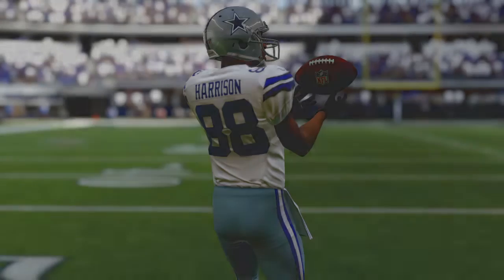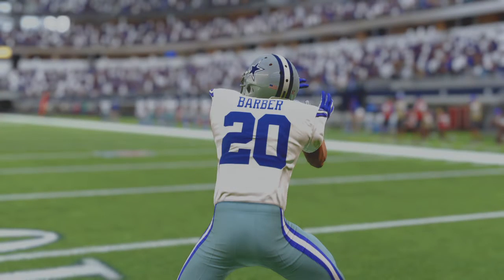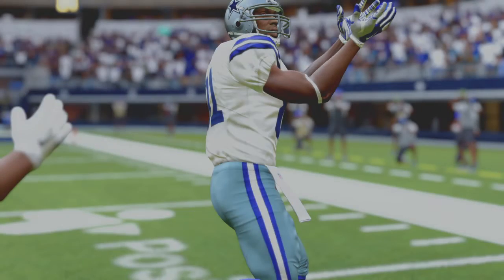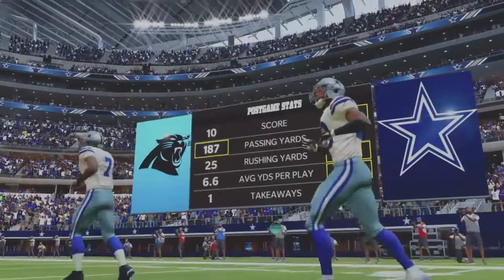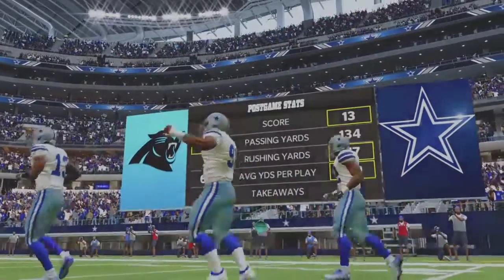Well, going into the final play of this game, they knew that they needed some type of a miracle there at the very end, but they couldn't get it done. However, we were treated to really a spectacular affair. Even though they didn't finish it off, you're exactly right. They took us down to the last play. We're still